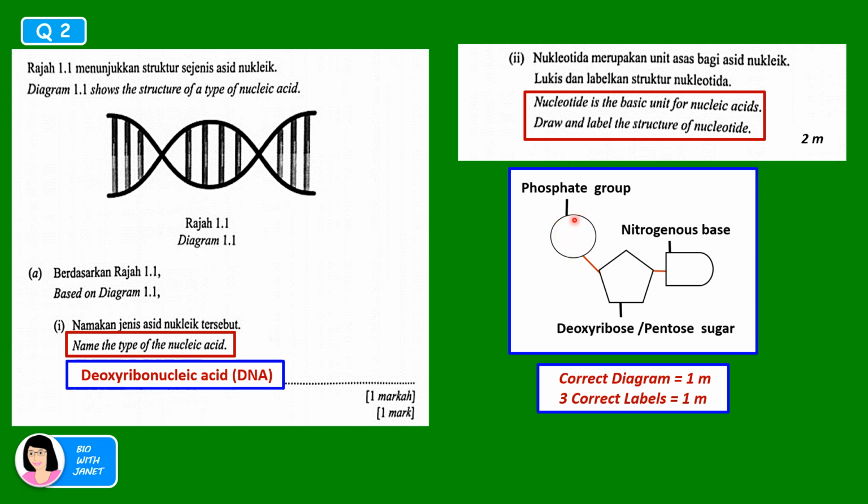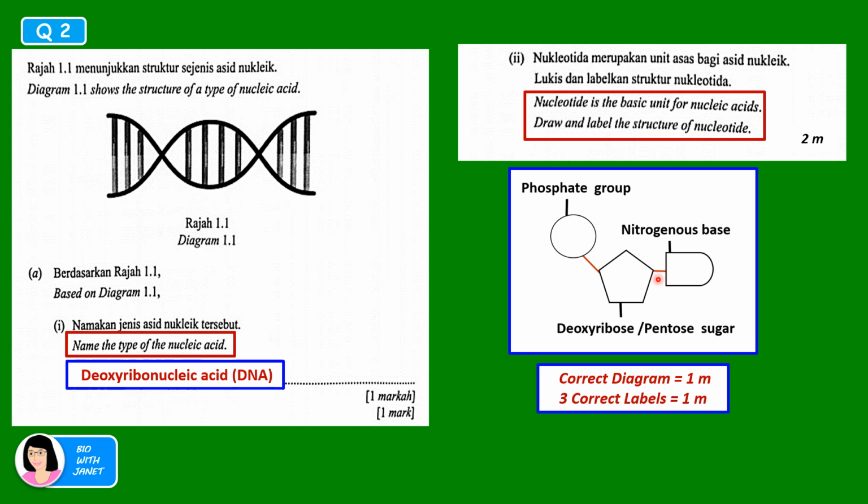So we draw a circle to represent the phosphate group, 5-sided structure to represent the deoxyribose sugar. If you write pentose sugar, they also accept, but the more specific name is deoxyribose sugar. And then you have the nitrogenous base. Okay, the shape can be just a rectangle also. Here I show the shape with a special edge, to match another shape on the other side. So correct diagram,